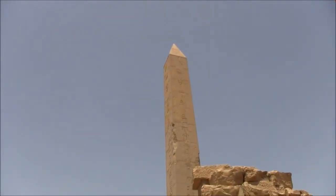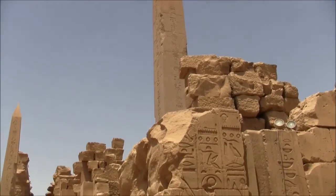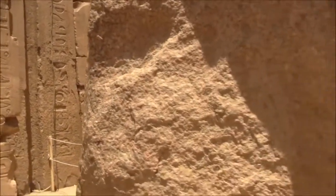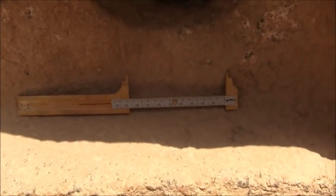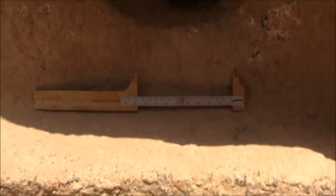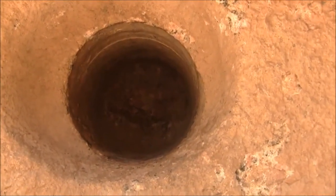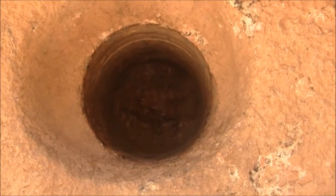So this is an obelisk, and I'll do a close-up later, but what's more intriguing is Jerry, who was on our tour, found a really obvious example of a core drill in this chunk of granite. That's the approximate width. Trouble is it's recessed, so we can't get a good measure of it, but you can see inside there, you can see that it's relatively round. You can see where the core, it's like a tube drill. There's a centerpiece